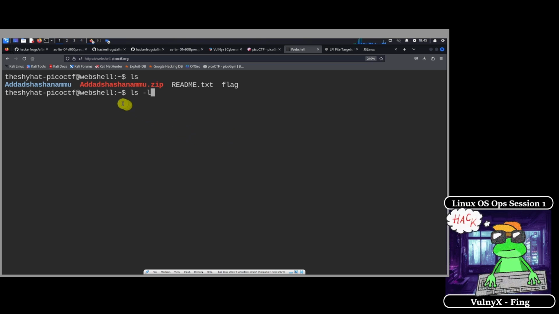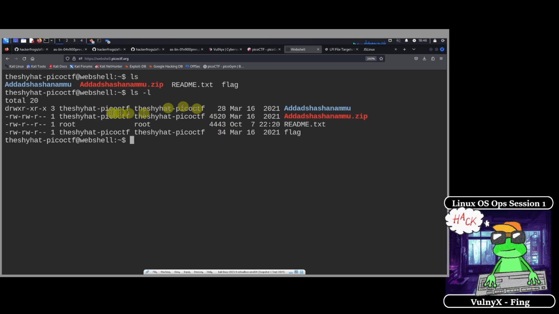So I'm going to teach you another thing that you can do with the ls command. So ls, you can add in a flag or an argument to this ls command in order to give it some different output. So this is ls space and then dash l. And if we do this, it's going to give us the files in a list format. So this is not going across, instead it's going up and down. And we can see here that this file is a directory because it's got the D over here. So anything that we do inside of ls and then we see that there's a D here, it means it's a directory.